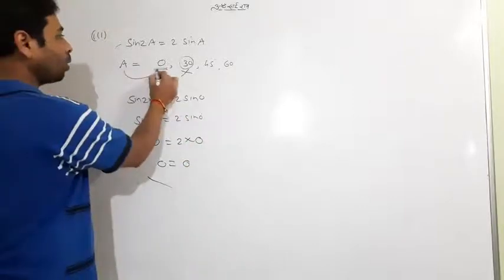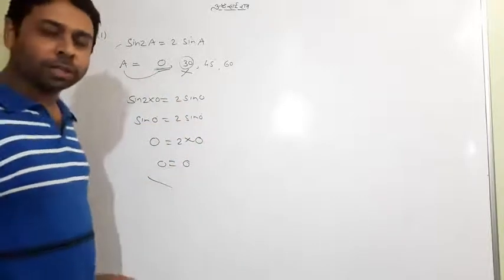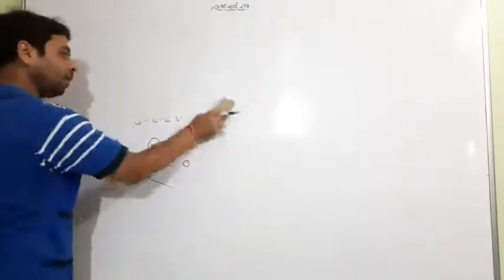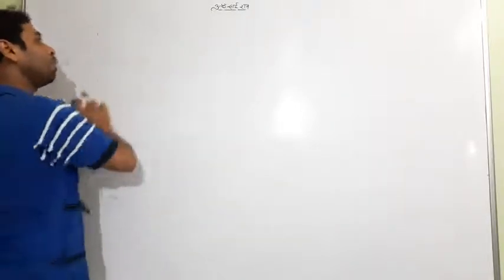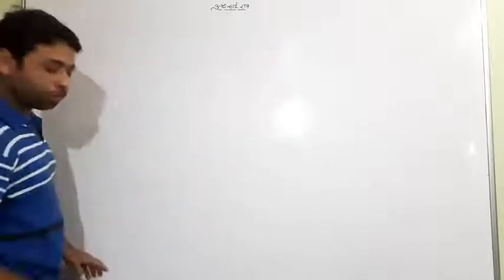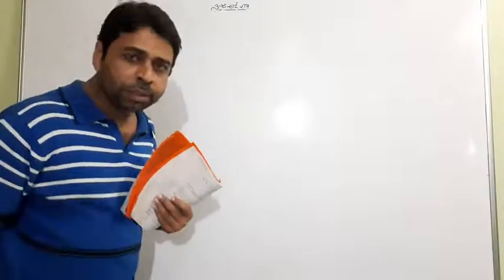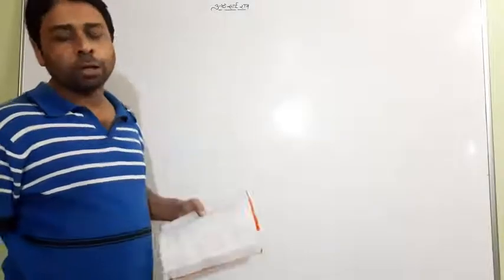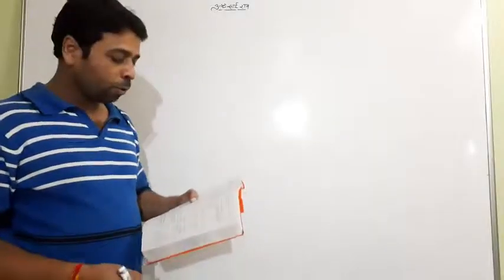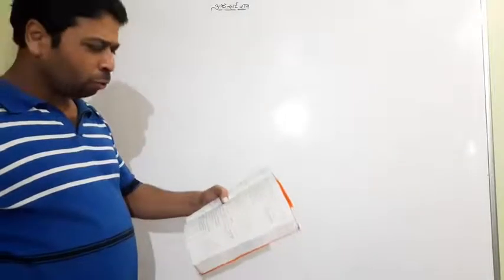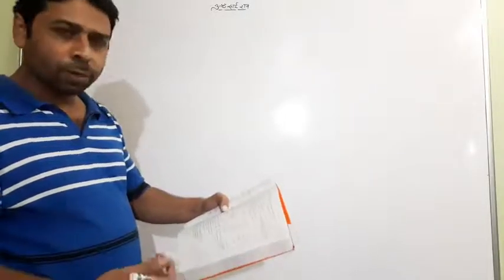Meaning A equal to what answer is correct? 0 degree. This is the correct answer. So this is simple. You can just check by the options, and this trick must be with you, because while solving competitive exams, this trick is very useful and helpful also. So question number 4 I am leaving to you. Do try, because it is similar to the first and third.